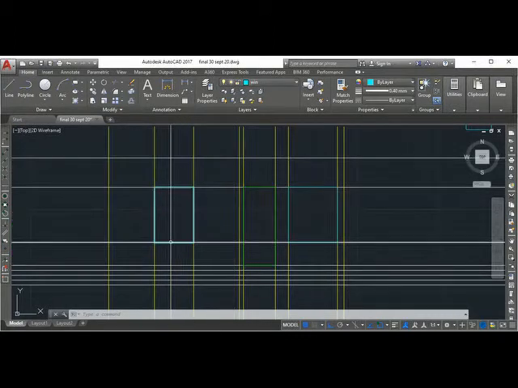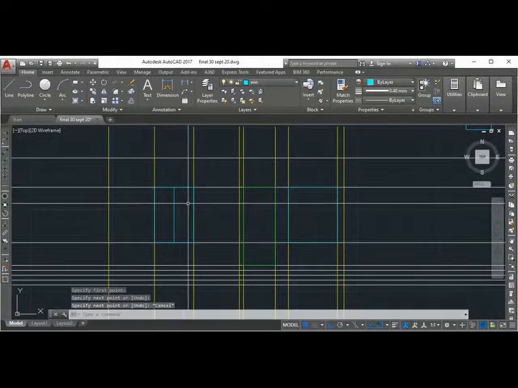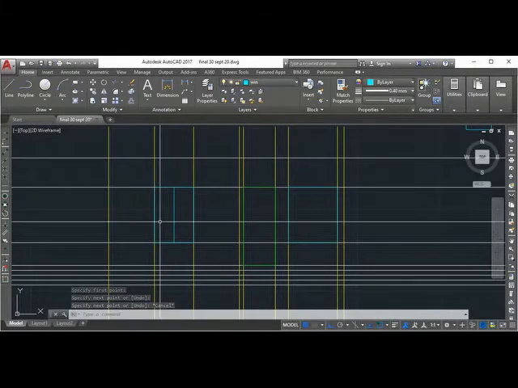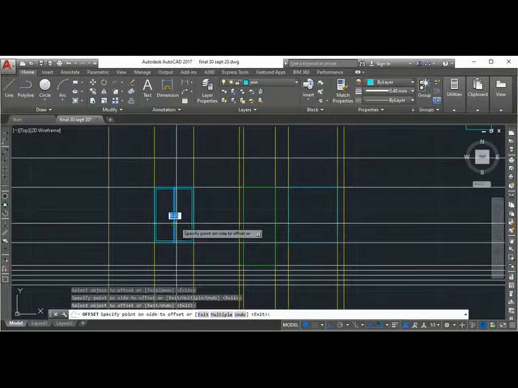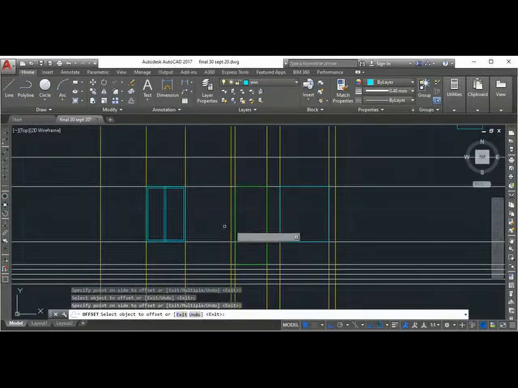I'm in window layer. I can draw some line, mid of the line. I will give a small offset here, offset 0.05. That is 50 mm inside. Window is ready.